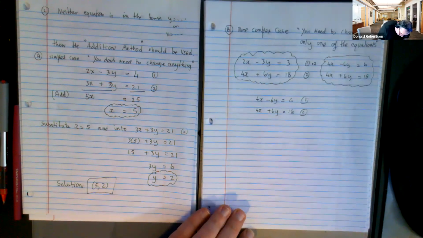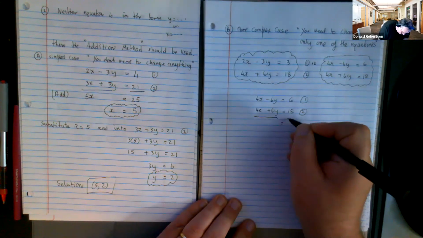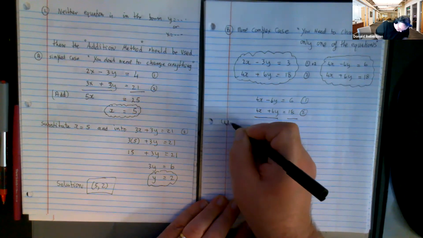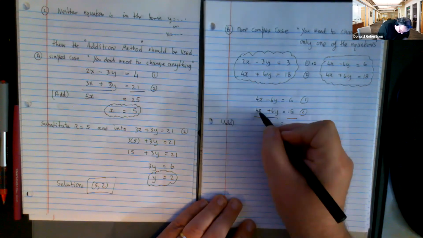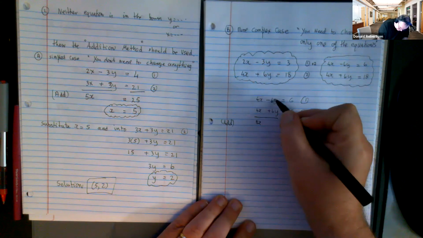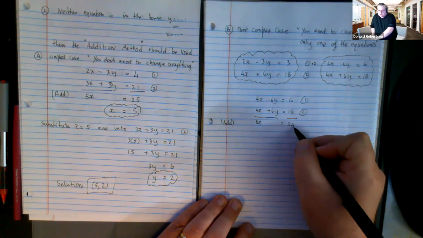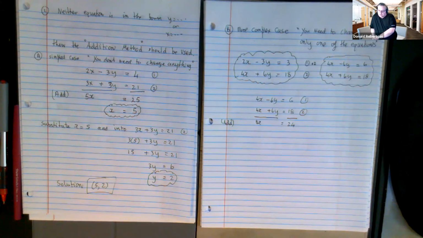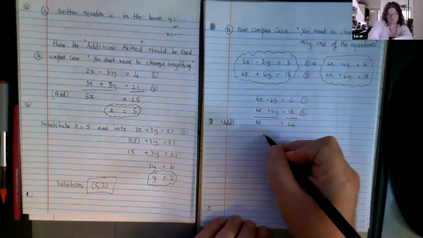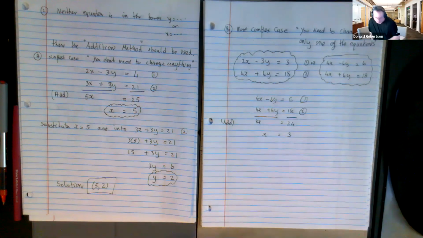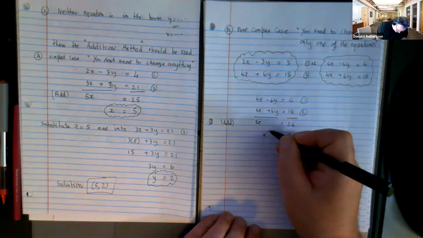And now I can add them. And 4 and 4 get me 8x. The 6y and the negative 6y kill each other off, so they cancel out. And 6 and 18 gets me 24. That's good news, isn't it, when that happens? Right. Can you see where I'm going to go next? Okay, what should I do to get x then? Divide both sides by 8. By 8, yeah. Agreed? So we now have